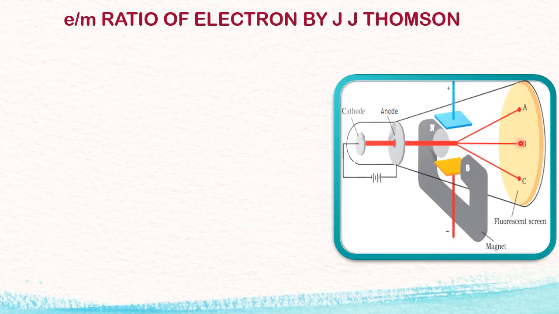That means by adjusting the magnitude of the magnetic field and electric field, he brought the deflection back to normal. Now this is the theory part. Let us not go into the derivation part and the mathematical part of this experiment. So this part is not there for us. By carefully adjusting the electric field and the magnetic field, and also the charge on the electron, he measured the e/m ratio for an electron. That we will see now one by one.